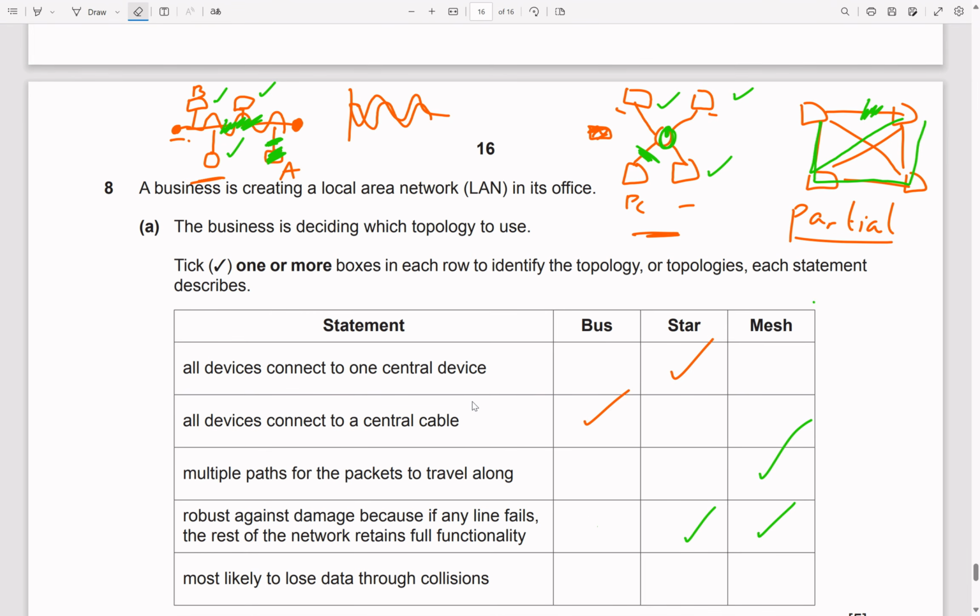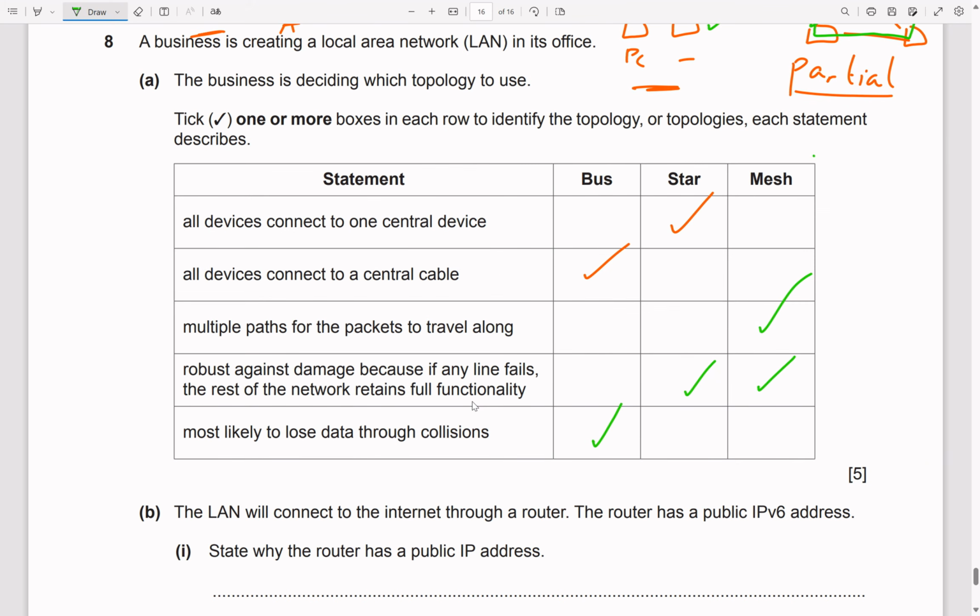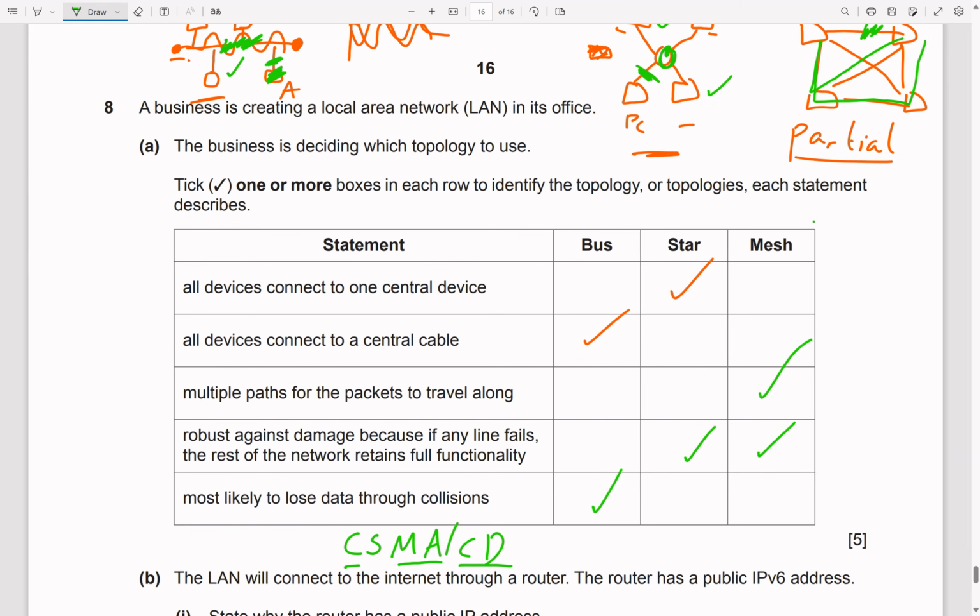Right, and then the last one, most likely to lose data through collisions, well, that's going to be the bus. And if we just say quickly how to handle collisions, that's CSMA/CD, carrier sense multiple access with collision detection. And to recap how this works,